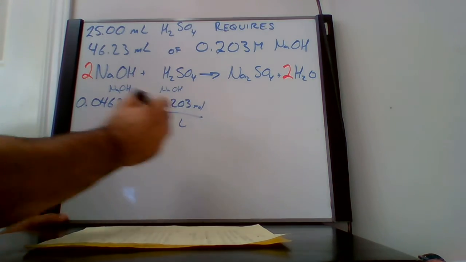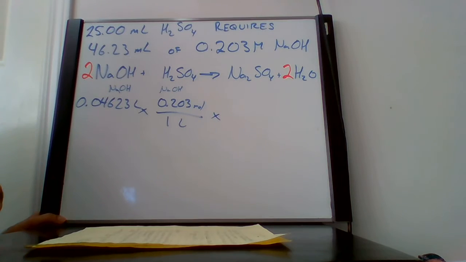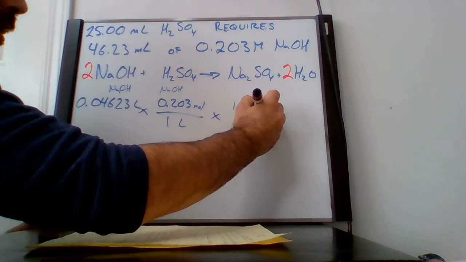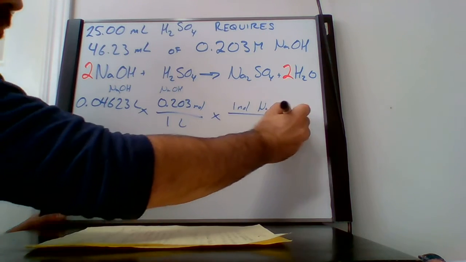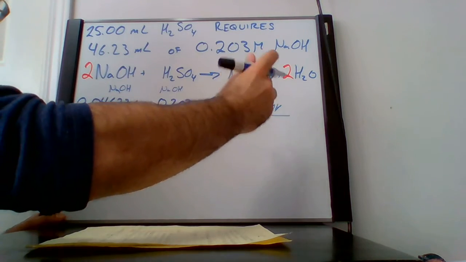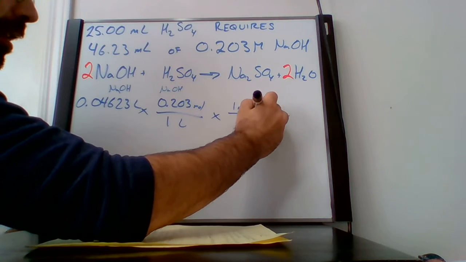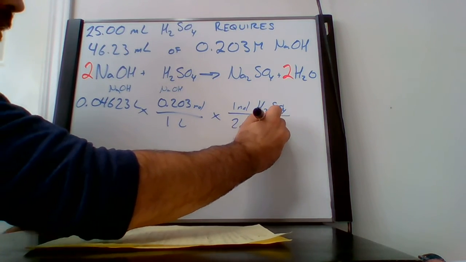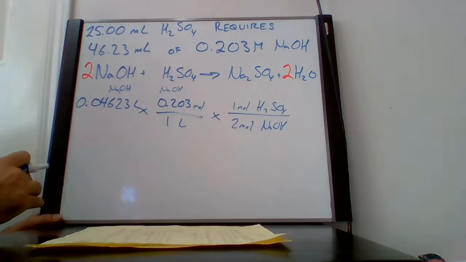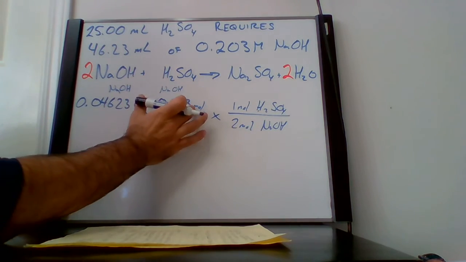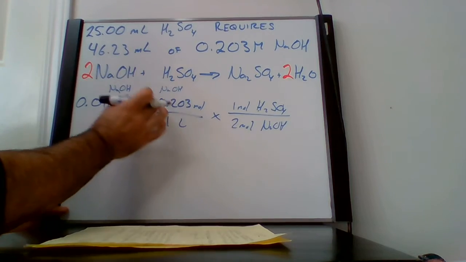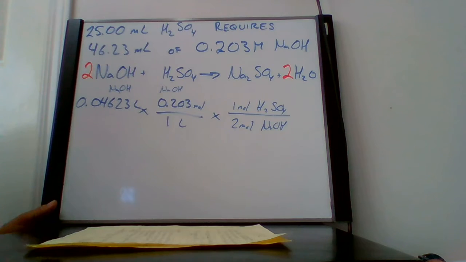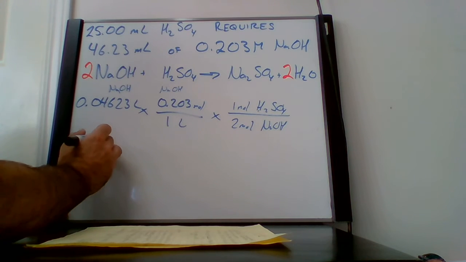And then I multiply this by our mole ratio, 1 mole of H2SO4 for every 2 moles of NaOH. So these liters are going to cancel out to leave us with moles of sodium hydroxide, and then this calculation takes our moles of sodium hydroxide and turns this into moles of sulfuric acid. And so this gives us